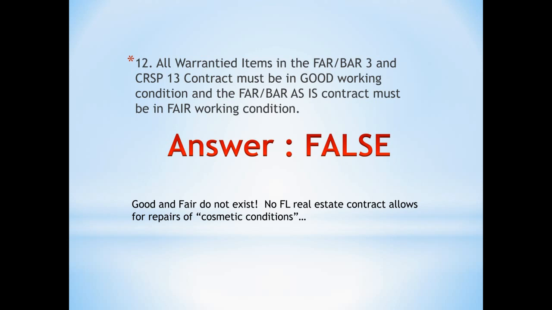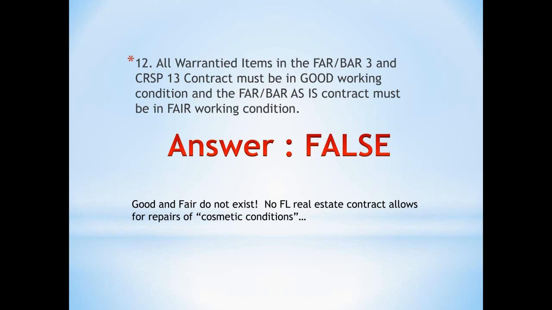So that's also a really important distinction to remember. Some people think that just because it's as-is means that even if stuff breaks, the seller's not responsible to fix it, and that is not correct. If it was working at the time you went under contract, under the FAR/BAR as-is contract, it has to be working when you close. Now, under the other contracts, FAR/BAR 4 and CRISP 14, they do require working condition only,